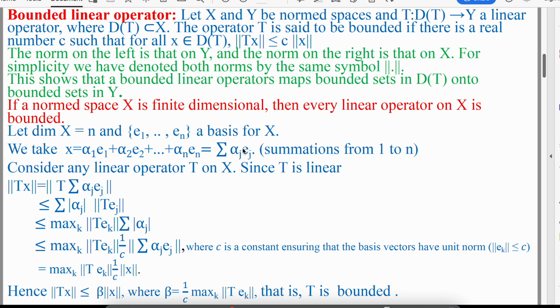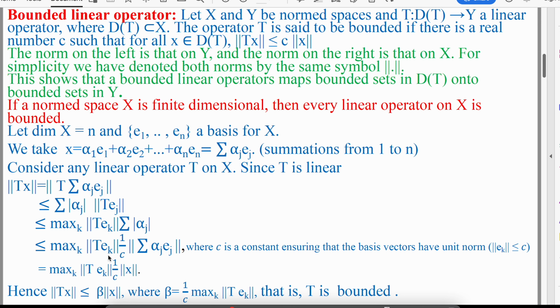If we consider any linear operator T on X, because T is linear, therefore norm of Tx is equal to norm of T of sigma alpha j ej. So we can take the sigma out, with mod alpha j, and we can write norm of T ej. If we fix these j's, where j varies from 1 to n, then it will be less than or equal to the maximum over k of norm of T ek, times sigma mod alpha j,